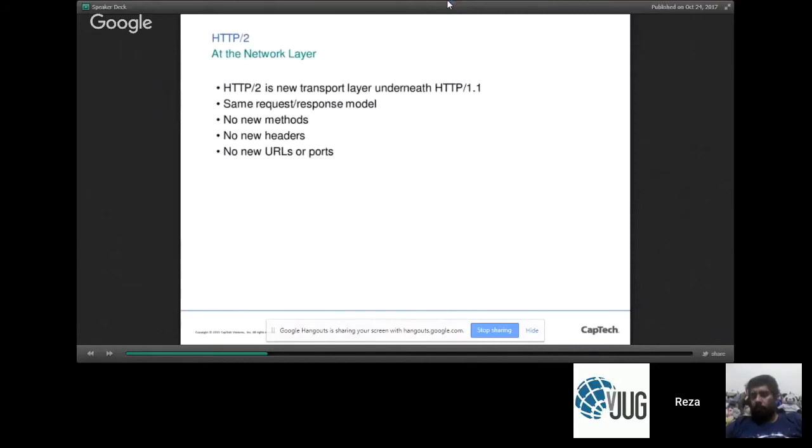So HTTP 2.0 is really about recognizing these problems and saying that all of the basic assumptions that we made in the HTTP 1.1 era no longer hold in this new world. So we really need to come up with a protocol that changes those fundamental assumptions and optimizes to match what the reality is now.